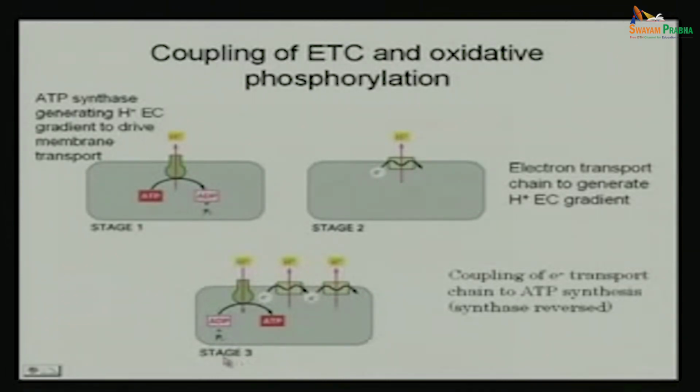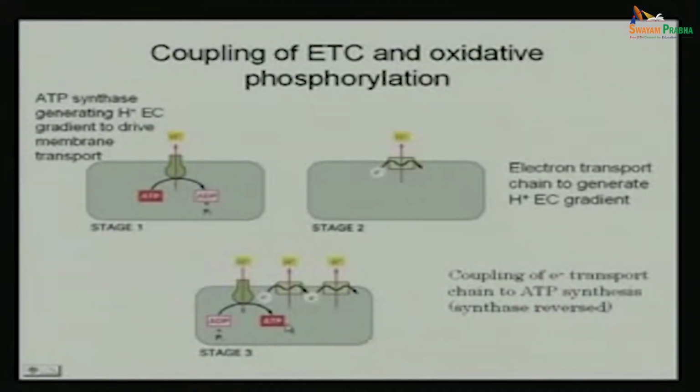And in stage 3, ADP and Pi once again synthesize ATP, electrons are flowing and protons are pumped into the matrix, and ATP synthesis takes place, which I have already mentioned in electron transport chain coupling with